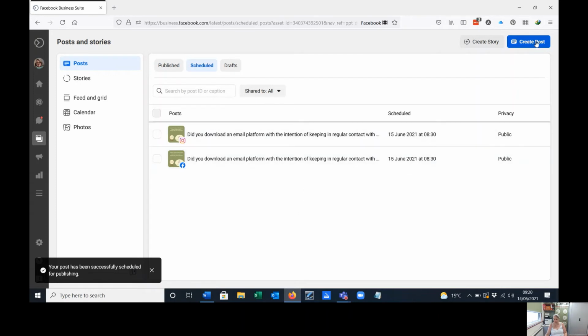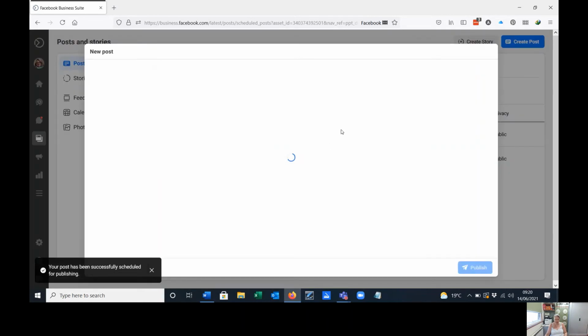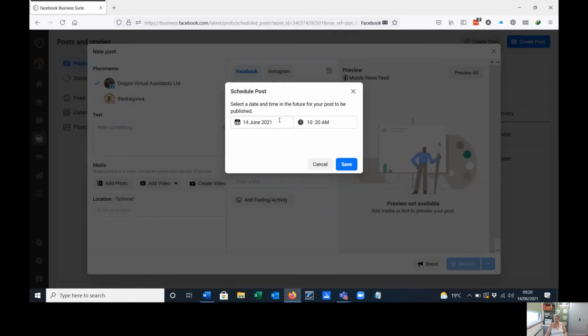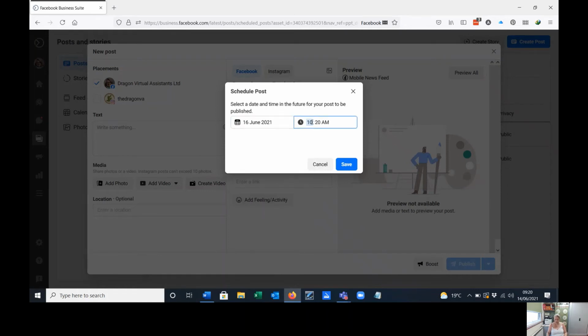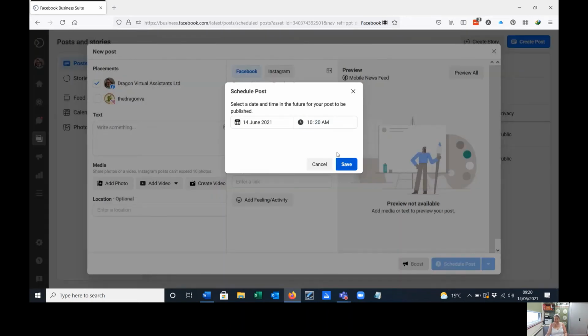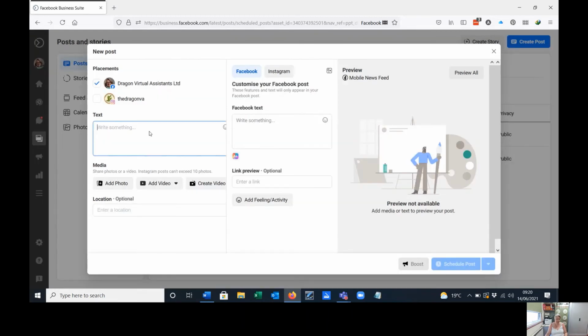If you want to do a second one, you can click on Create Post again. First thing it'll ask you is if you want to schedule a post. So schedule ahead. Save. It then looks like it's not saved it. It's not helpful, I know, but it really has. If I write something in here, and this time I haven't got one I've prepared earlier, so